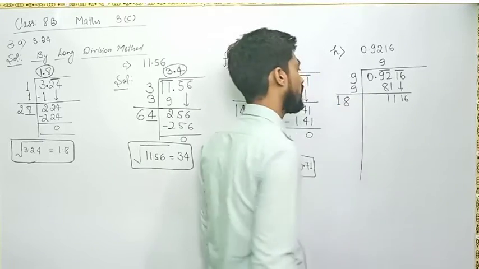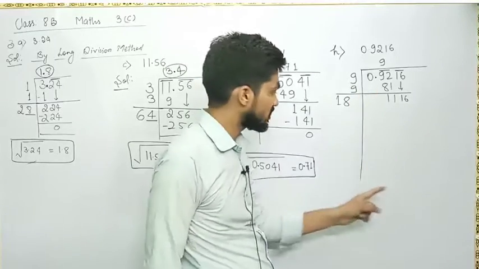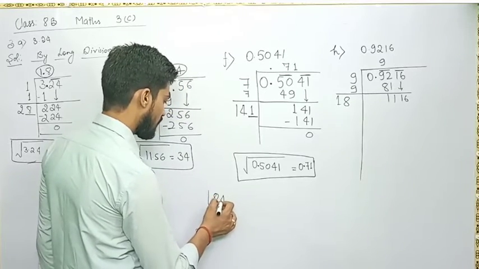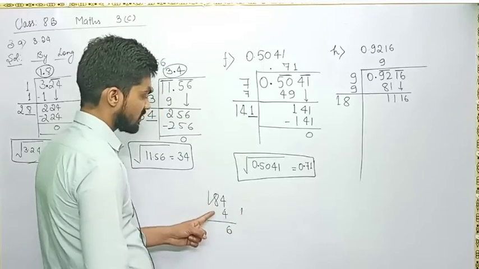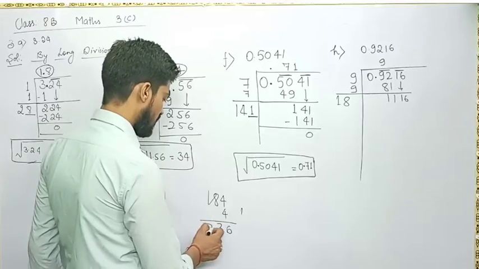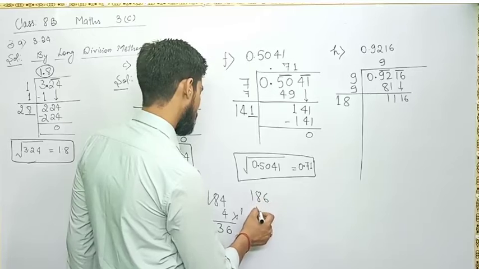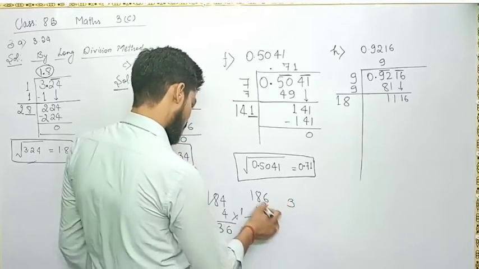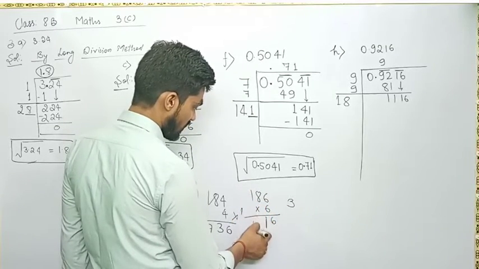Now my dear children, here we have 6. So either we can write here 4 or we can write 6. First of all check for 4. 184 multiplied by 4. 4 4s are 16. 4 8s are 32 and 1 is 33. And 4 1s are 4 and 3 is 7. So it will not be of our use. So write 186 into 6. 6 6s are 36. 6 8s are 48 and 3 is 51. 6 1s are 6 and 5 is 11.